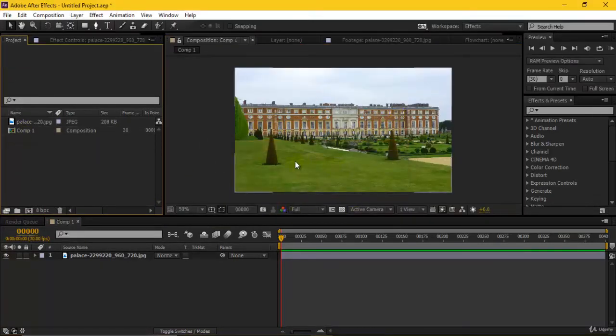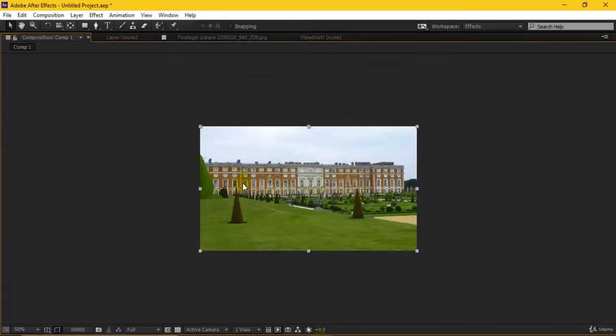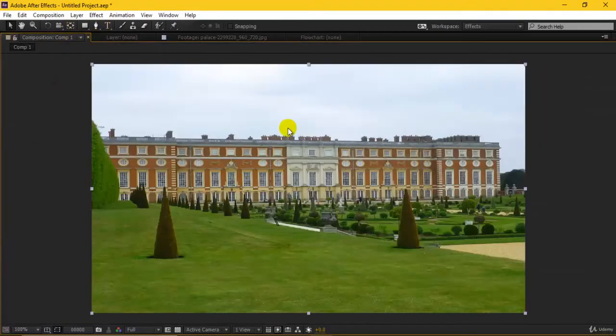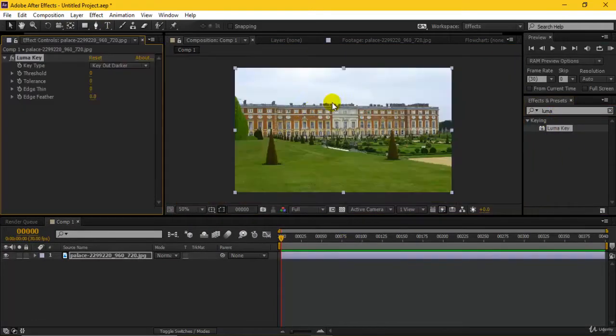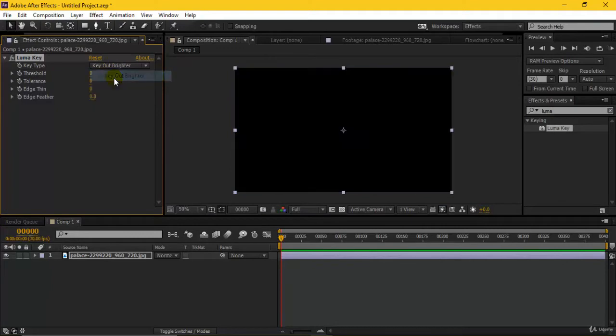Now going over here, I'll be selecting this. Then let me try out Luma first, to see if I'm able to key out my sky. I'll say key out brighter.